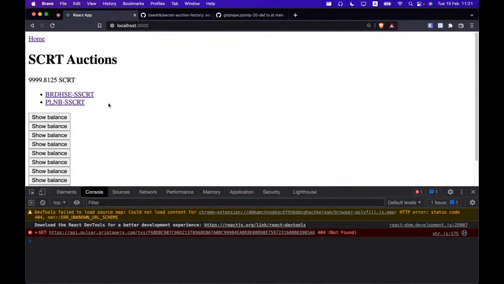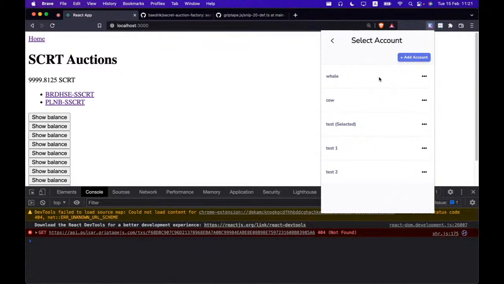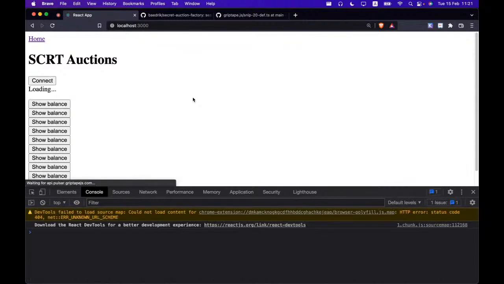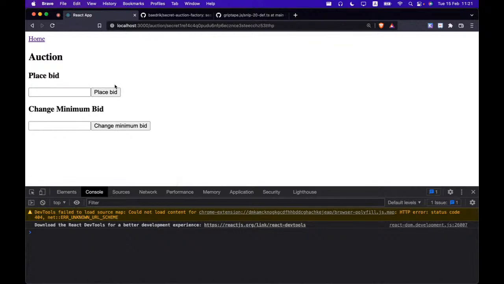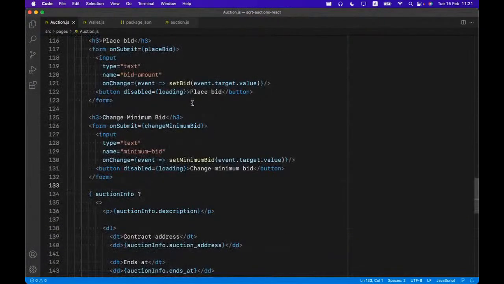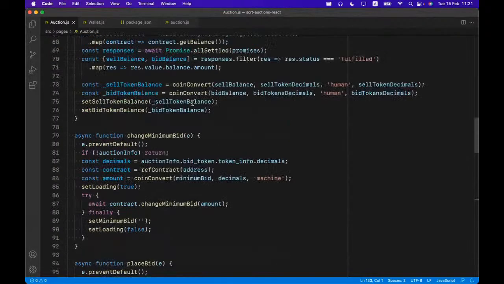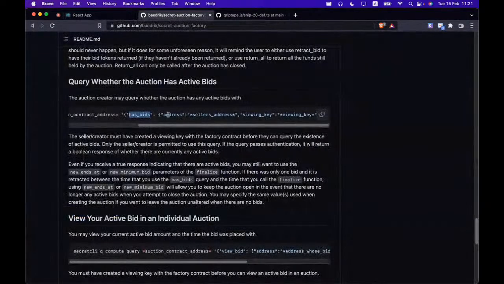So let's see if we can show if an auction has bids or not. So I'm going back to Whale because Whale was the creator of both auctions, and I'm going to go to the auction page and show if this auction has bids. So the first thing that we need to do is add a new query to the auction